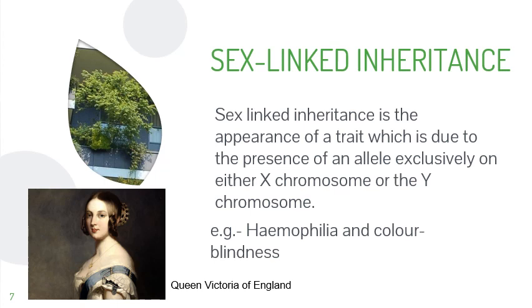Our next topic is sex-linked inheritance. In our previous topic, we learned two categories of chromosomes. One is autosomes and the other is sex chromosomes, which are denoted by XX for female and XY for male. We have also studied how the sex of a child is determined. Sperm carries X or Y, where Y gives a boy, and the egg carries X, where X and X give a girl.